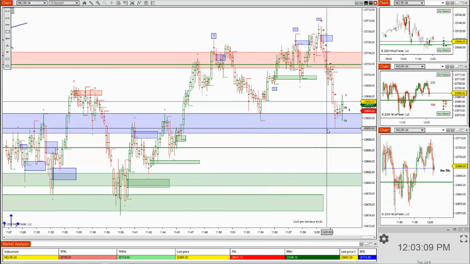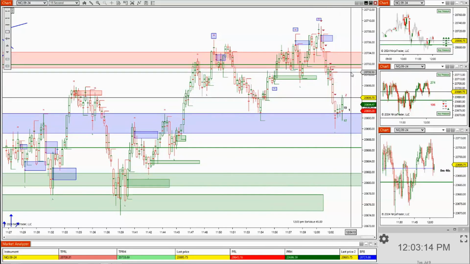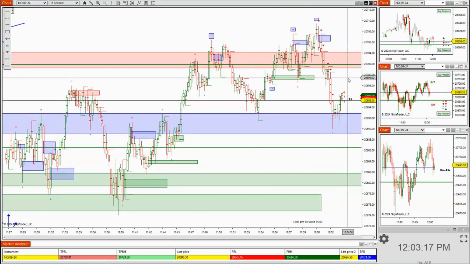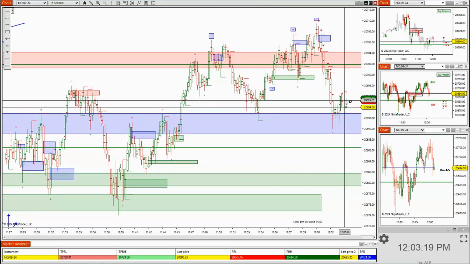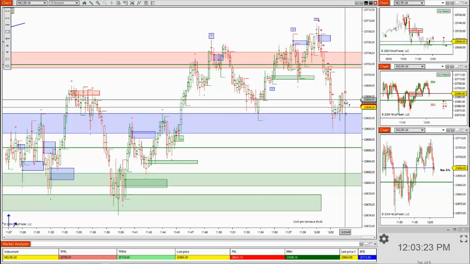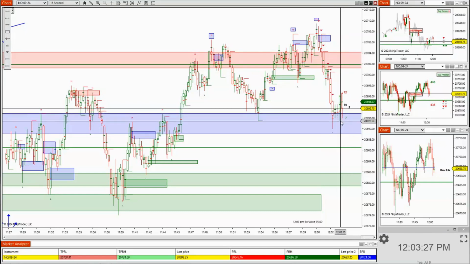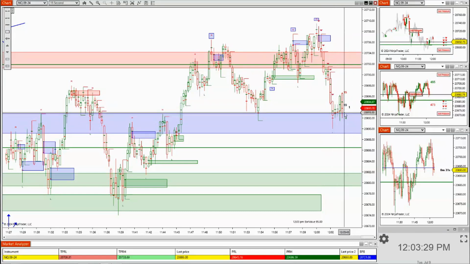Now, here's the center. This is the center of the chart. So you've got to expect some kind of rotation back that way to some degree. It doesn't have to stay up, but it can respond. So you need to know what a response could potentially turn into. I told you if they stay beneath here, they can move to the center of the chart, and they did that. Now, let's see if they want to get back up.